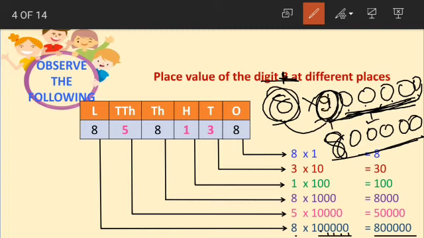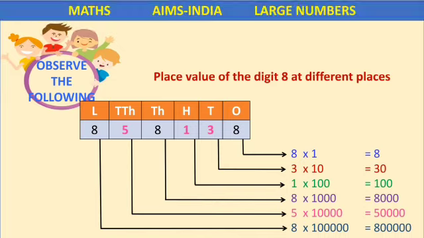If there was 2 in ones place, what should we do? We should multiply 8 with 2. 8 twos are 16, right, children? So we write 16 and then copy the same number of zeros which were after 2. We write them after 6. Understood, children? Clear? This is how we multiply such big numbers with zeros. I hope this is clear how to write the place values of digits.